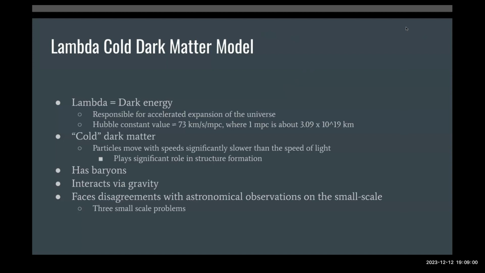These slow speeds cause the dark matter particles to clump together and form the cosmological structures in our universe under the influence of gravity. However, while the slow speeds of dark matter particles in this model are essential for structure formation, which has been successfully modeled on the large scale, this very property of dark matter plays a role in some small-scale discrepancies between Lambda Cold Dark Matter model simulations and astronomical observations. These discrepancies, known as the